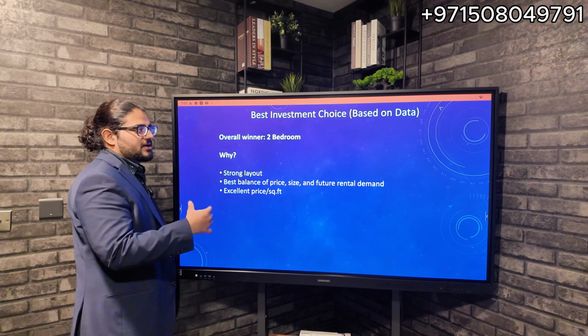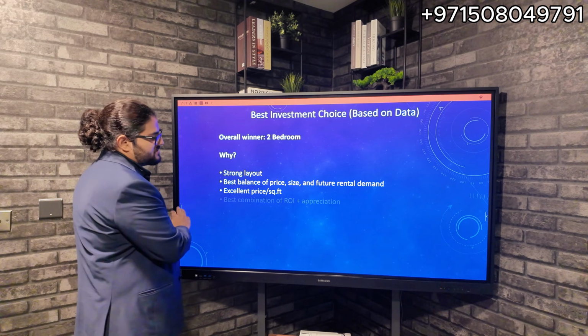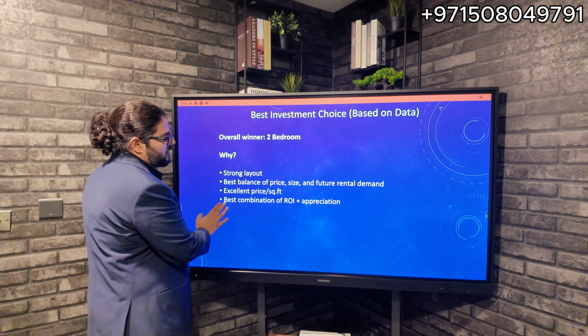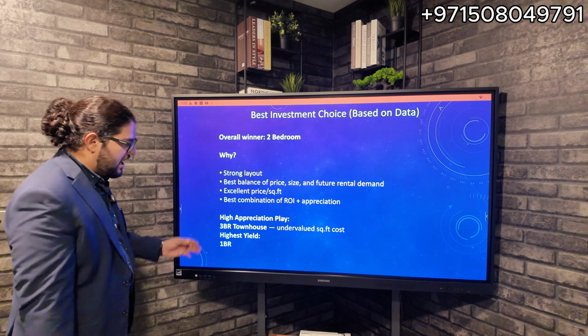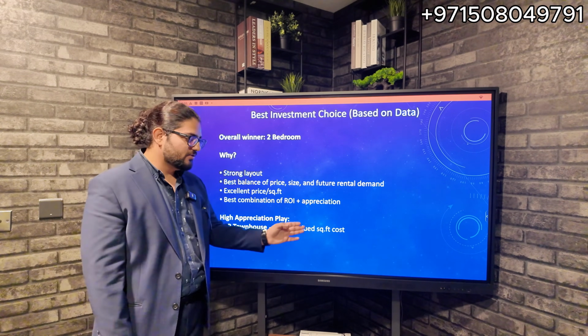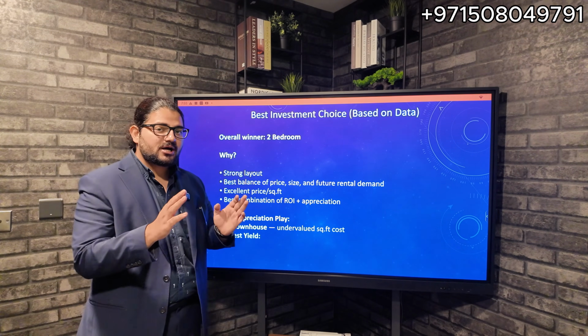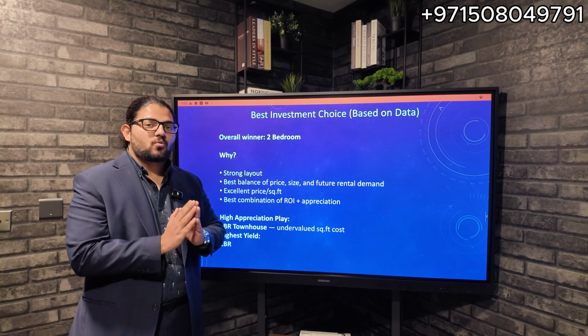So it really does help you expand your rental pool. And of course, excellent price per square foot, best combination of ROI plus appreciation, a high appreciation play. If that's the game you want to play, then of course the 3-bed townhouse is there. Undervalued square foot cost at 1900 something. That is excellent, but keep in mind the exit strategy is what you need to worry about